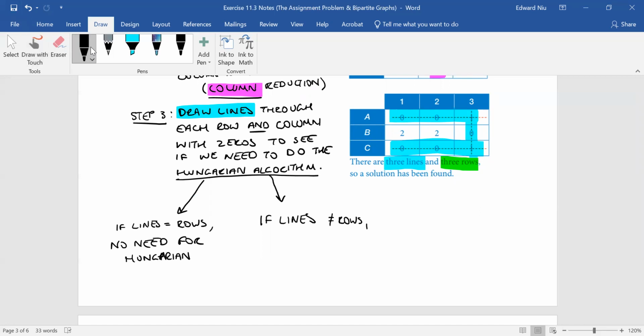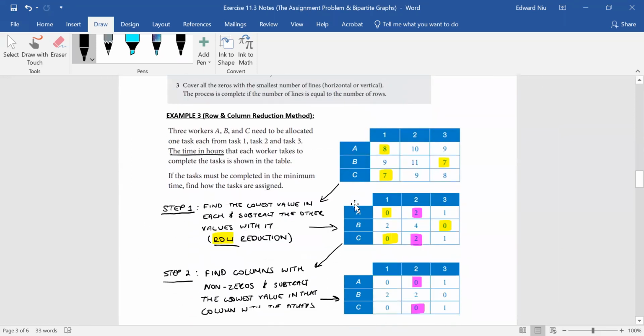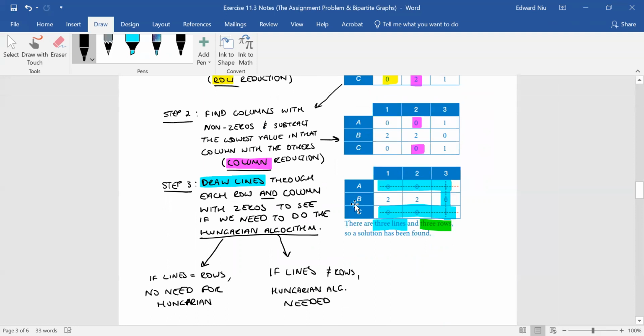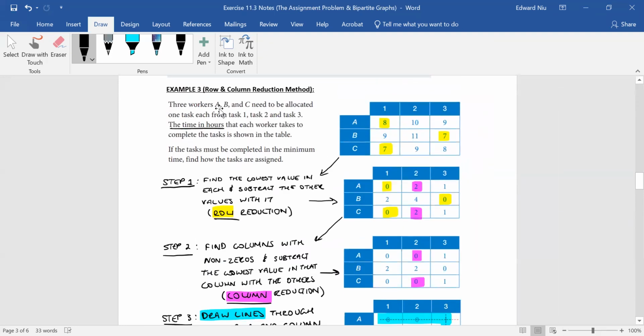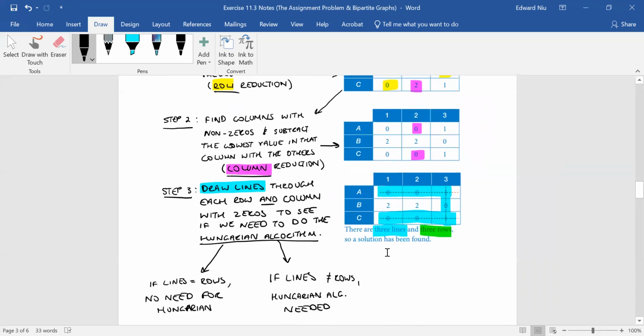So if lines do not equal rows, then Hungarian algorithm needed. All right. So what we found here is actually the most efficient way for the workers to complete the tasks. Okay, so all it's saying here is